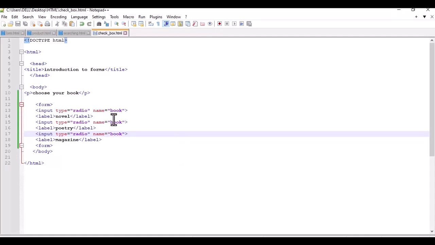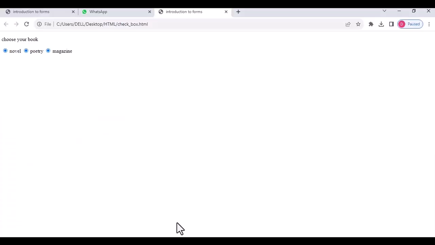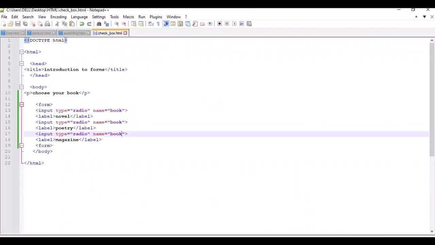So book is common. Now the problem is fixed. If we take this as book 1, book 2, book 3, and we refresh it,